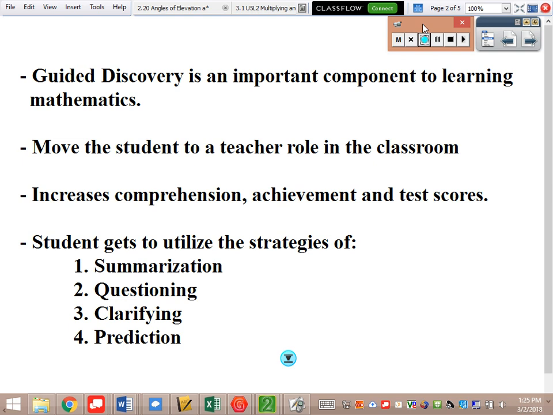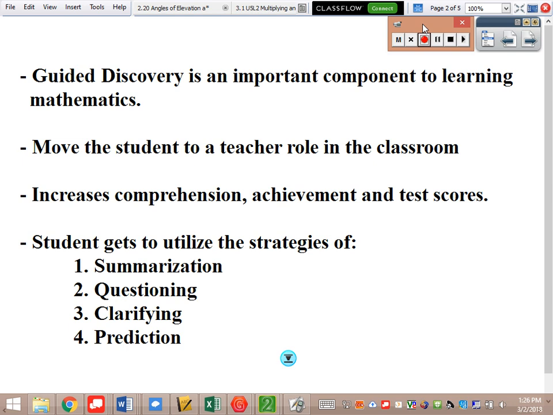Inherently, it seems like guided discovery is the primary result of being able to do this, and in fact it's a huge part of teaching in mathematics because we don't want our students to just become producers of information following a pattern that they've seen in math. We want them to know why they're actually doing it and to be able to actually apply it in other areas as well. So we're basically moving the student to an instructor, to being able to teach others in their